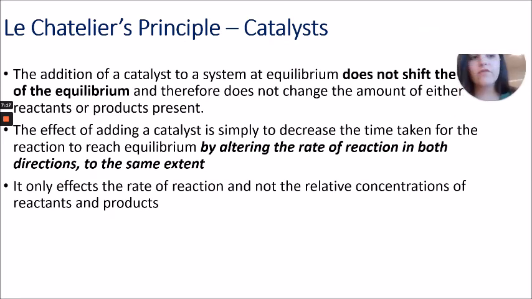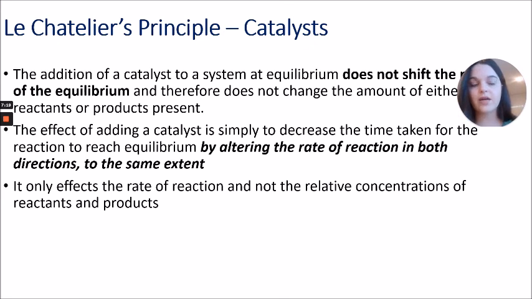Okay, the last bit of information is about catalysts. Catalysts don't do anything to equilibrium. The reason for that is, as we already looked at, catalysts increase the rate of reaction, but they do this in both directions to the same extent. Because the rate of the forwards and the rate of backwards are increased the same amount, there's no change. Whereas concentration, pressure, and temperature originally increase the rate one way until equilibrium is re-established. Except for temperature,